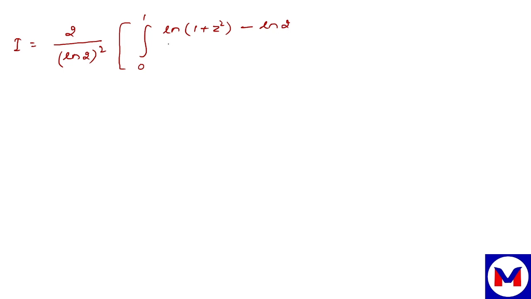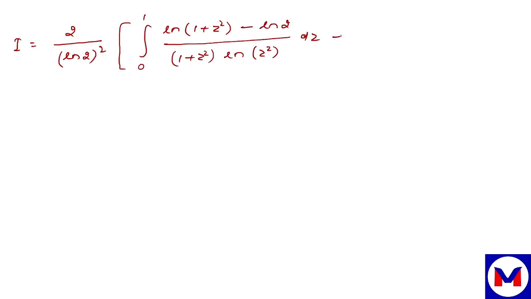Simplifying this, 2 upon (ln 2) whole square, and integration 0 to 1 of (ln (1 plus z square) minus ln 2) upon (1 plus z square) ln z square dz,